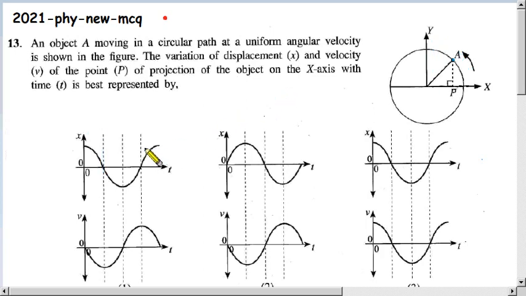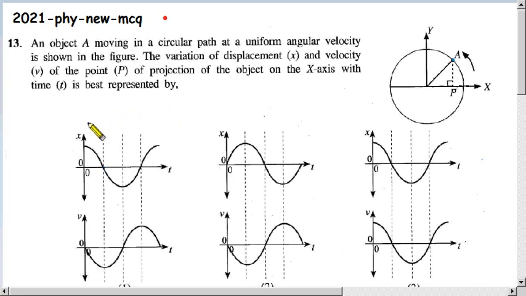So that means here the time is T by 4, because the total time is capital T to cover this circle, then to cover this quarter you get only T divided by 4. So on the time axis we have to mark here T divided by 4. That is not necessary. If you understand that this part represents this part, that is enough. So now